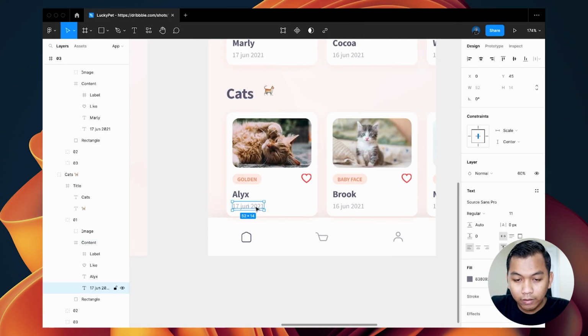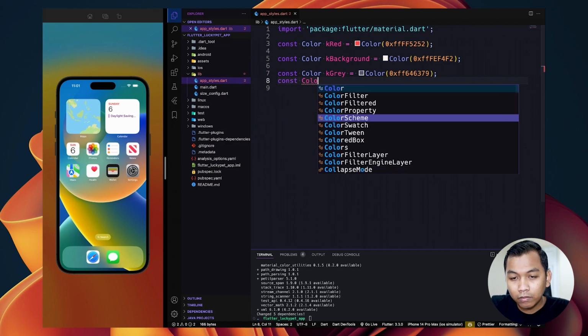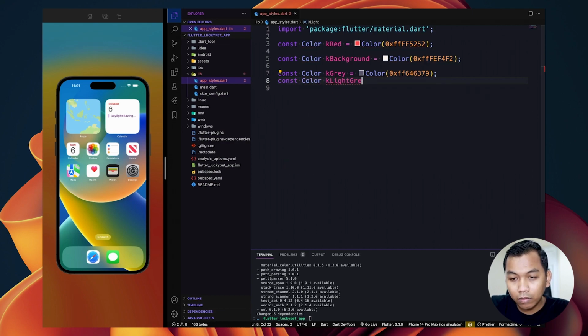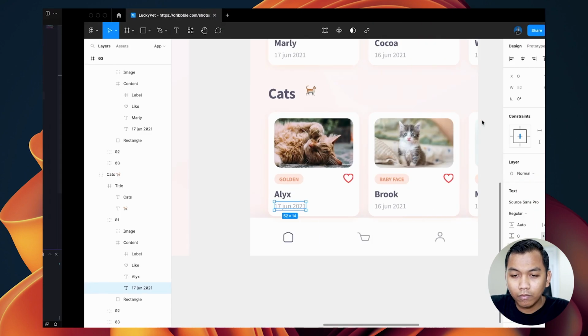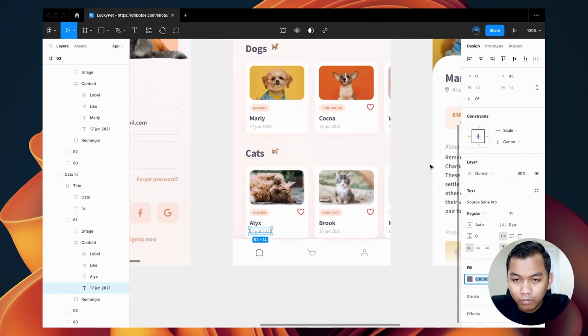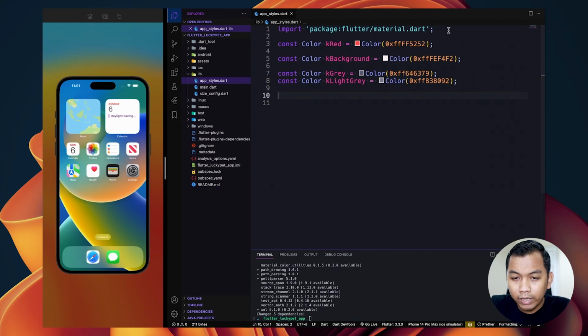And below that we have this, maybe light gray, and maybe white color.